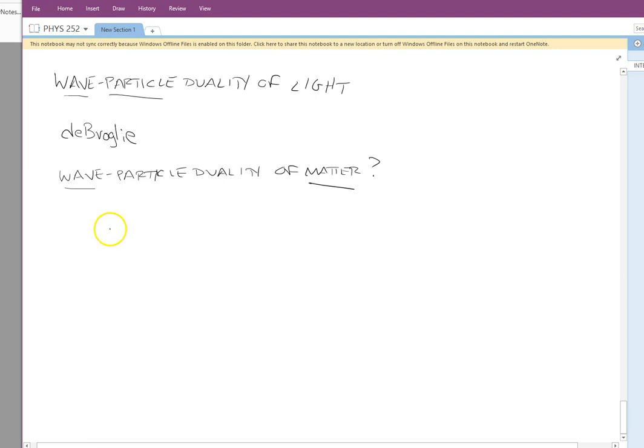Okay, so the question comes up, well, how do you actually even define the wavelength of a particle, or the frequency associated with that particle? So deBroglie puts forth what we now call the deBroglie postulates. And he says, this is how you determine the wavelength and frequency of what we have been thinking of as a particle. So the first one, to get the wavelength, what he says is